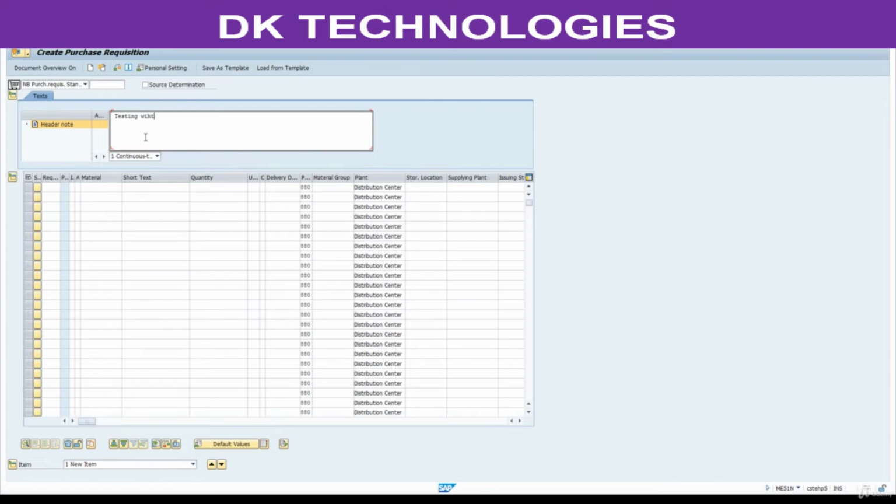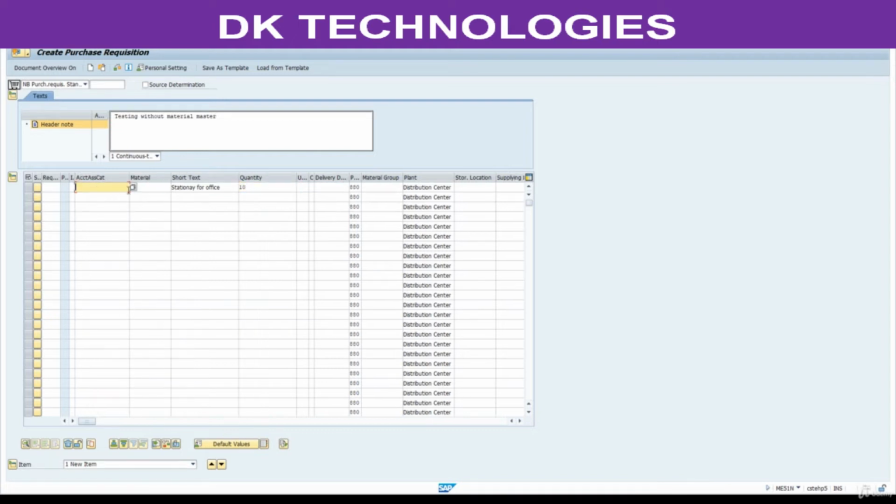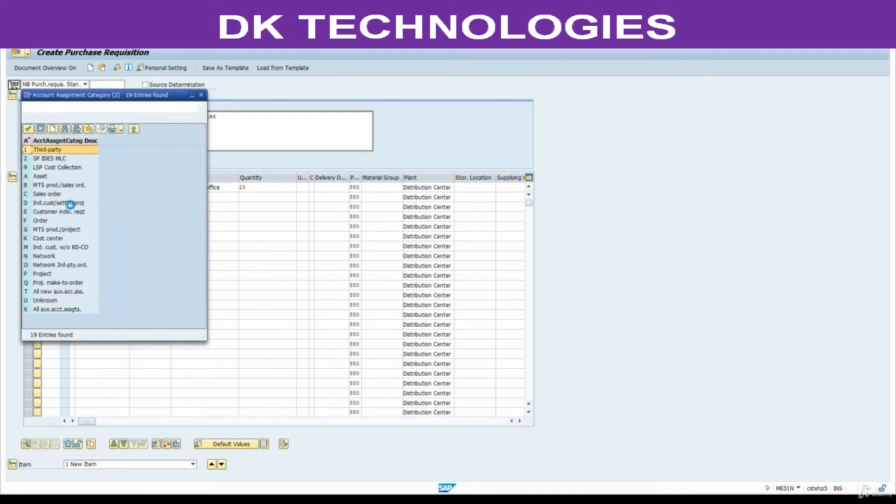Testing without material master. Description, stationery, quantity 10. Here select I am procuring this for cost center.